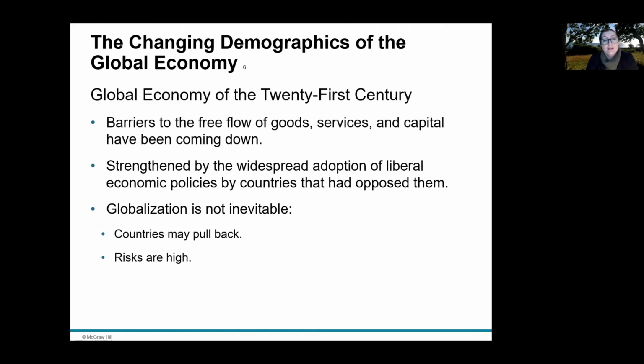So let's sum this up. The global economy of the 21st century is a story of reduced barriers to the free flow of goods and services. It's a story where there's widespread adoption of liberal economic policies by countries that had previously opposed such policies. But we need to recognise that globalisation is not inevitable. Some countries may well choose to pull back, and the risks are high,